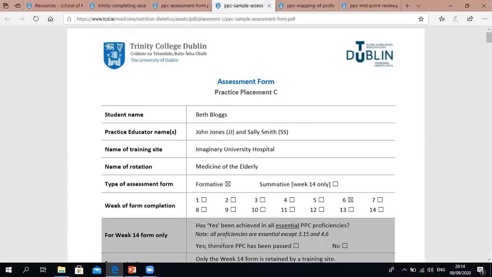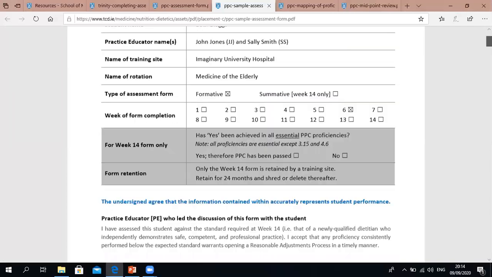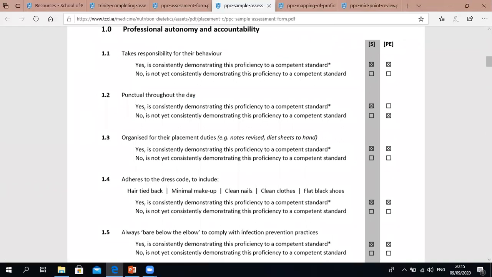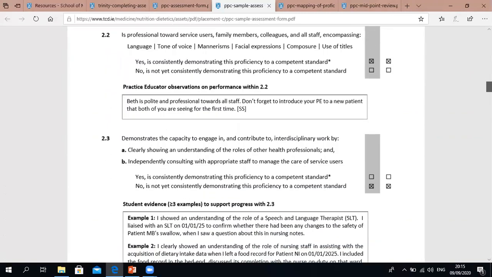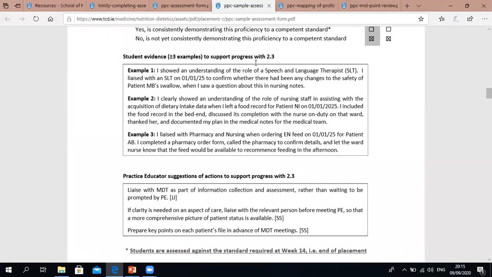the student will obviously draft this initial part of the first page. And then throughout the form, the student will assign themselves a yes, a no, or not applicable, indicating whether or not they feel they have assessed or achieved rather each proficiency. In addition to completing the column, where indicated, the student will also provide evidence to support their progress, usually with proficiencies that may not have evidence or as much evidence through other forms of documentation like patient cases or reflection